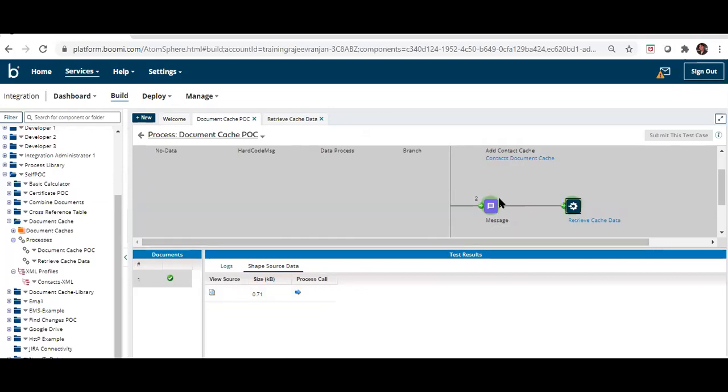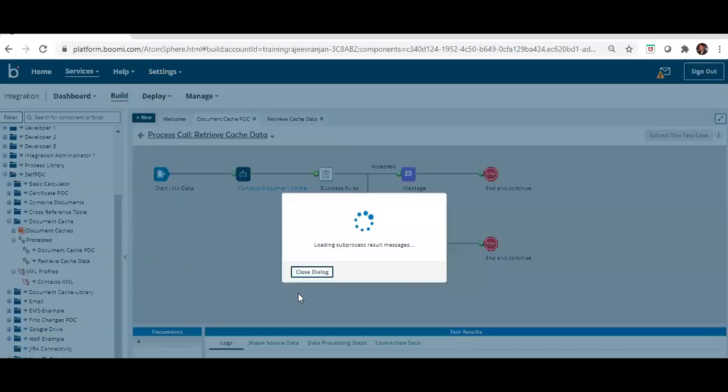We have just used it for simple purposes. Here you can see the arrow which indicates the process call. By clicking that process call, we can enter into the sub process call and we'll see.